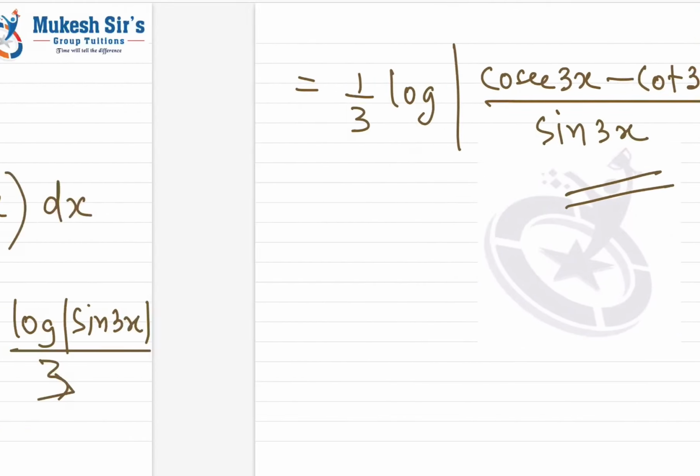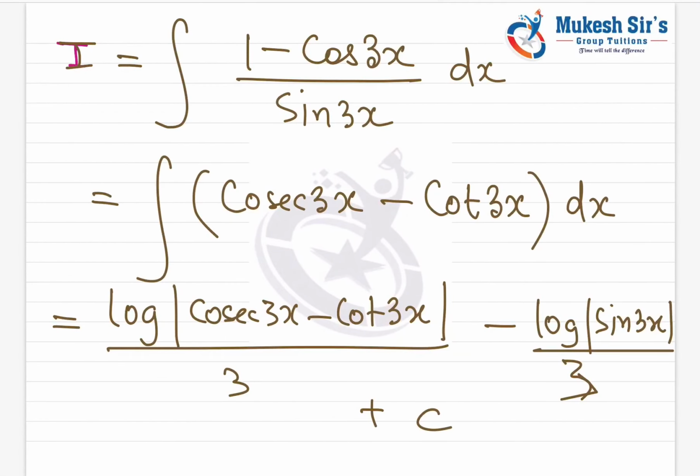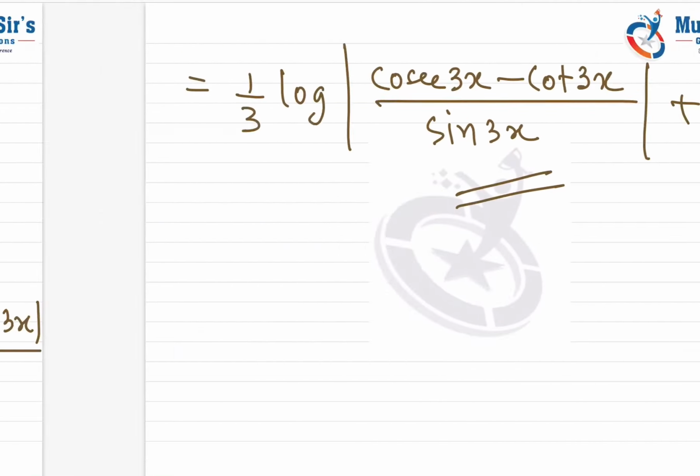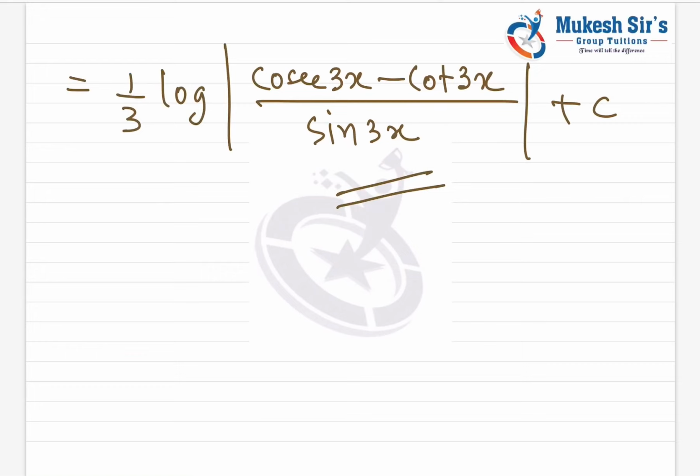Clear? So in all the formulas again, instead of x, if you have 2x, 3x, 4x or any linear function, use the same formula and divide the answer by the coefficient of x. Here the coefficient of x was 3, we divided by 3. Is that clear? Now you have some standard types here.